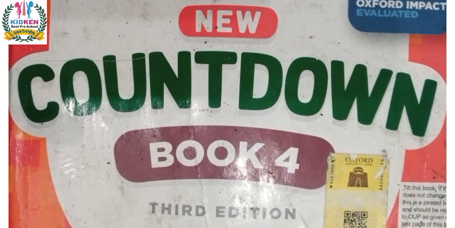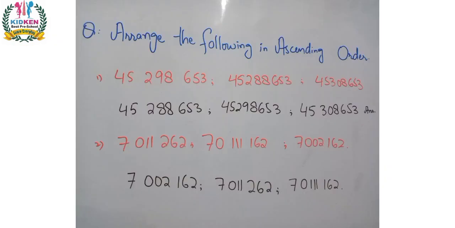So let's start our question, and the question is: arrange the following in ascending order. Before starting this question, I would like to define ascending order. In ascending order, we arrange the numbers from less than to greater than. And so our question is